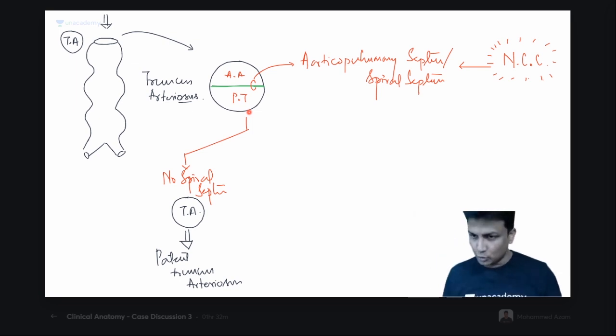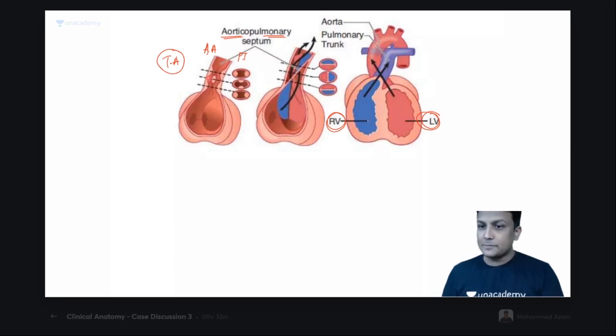Welcome to condition number 2. See, I told you about the spiral septum. What is the story behind that? Why is the spiral septum important here? Because initially you can clearly see the ascending aorta here and the pulmonary trunk on the other side. What if the spiral septum does not spiral? Come on, think about that one. I want thinking, guys. I don't want just writing in the notes and mugging up.